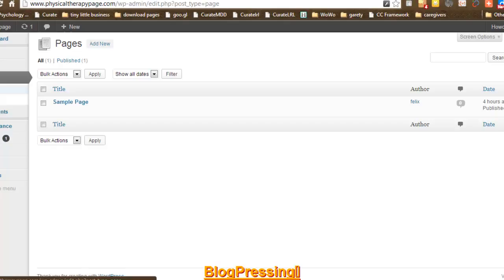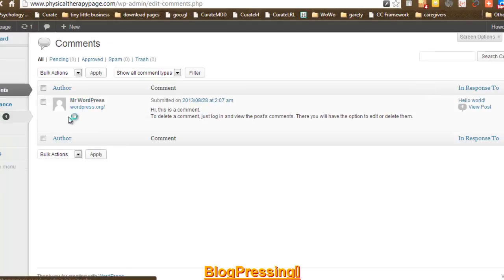Maybe, such as if you have a business, a map page or a location page or an hours of operation page or a mission statement page or something like that. And the pages can either be across the top for navigation, or they could be listed on the sidebar too on your front page. Comments, clicking on that will show you all the comments that